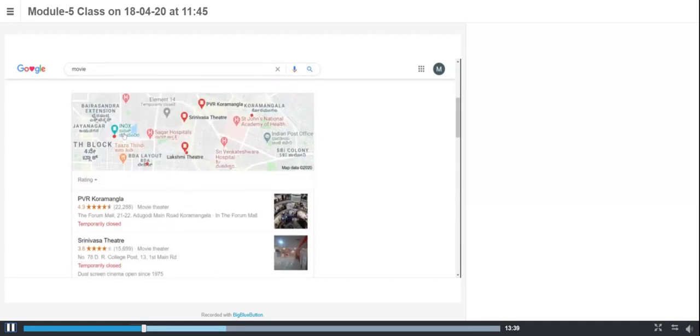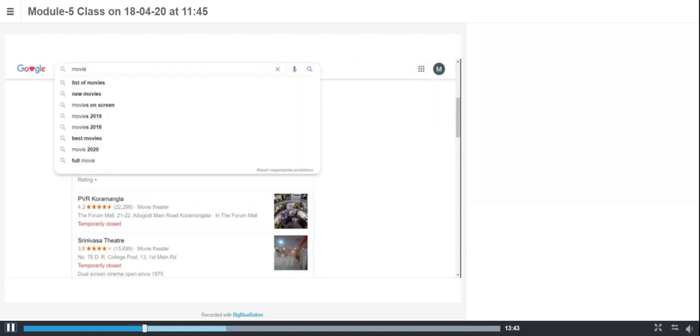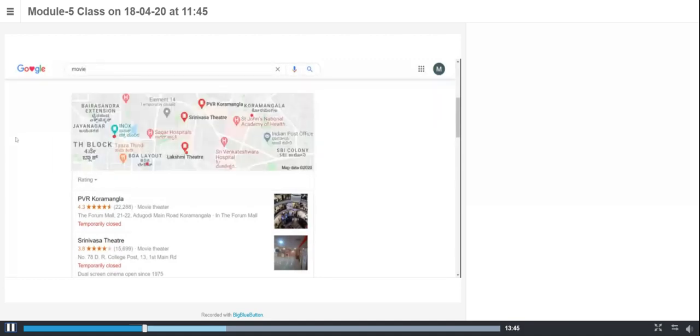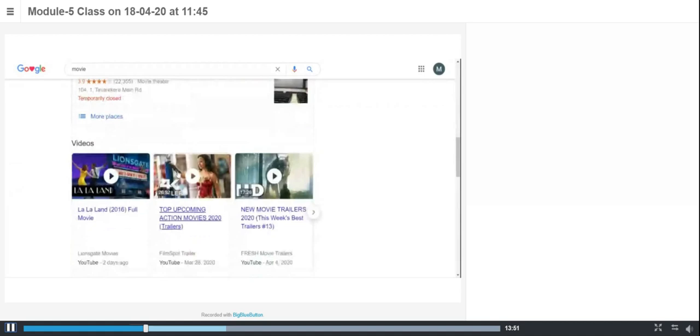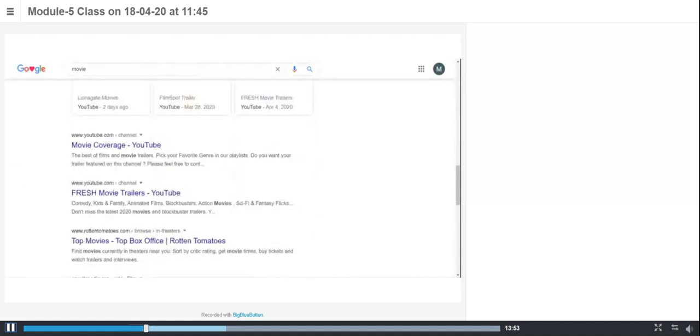separate groups of information with respect to this keyword that may come from 1,000 pages. It may be grouped like videos, theaters, trailers, ratings, or something like that. Okay, so this is what the clustering will do.